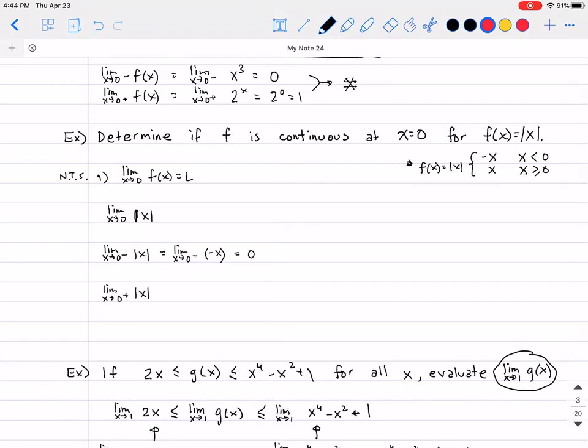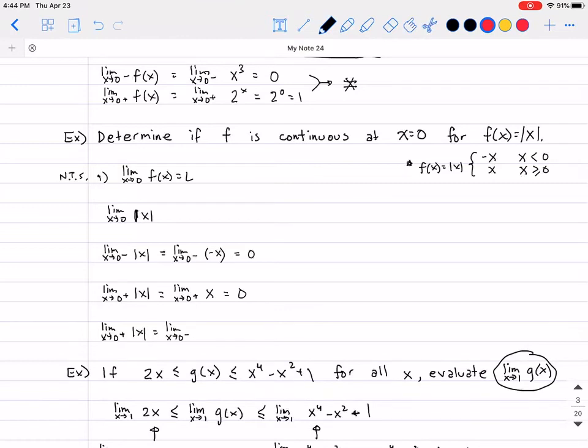Then, if I'm going to try to find the right-hand limit as x approaches 0 from the right-hand side of absolute value of x, again, we're going to change that according to my piecewise function into just plain old x. And when I plug in x equal to 0 in this case, we're also going to get 0. So therefore, because the left-hand limit is equal to the right-hand limit, okay,